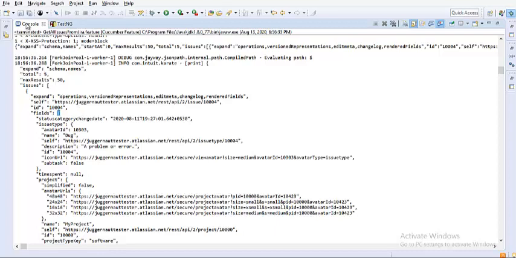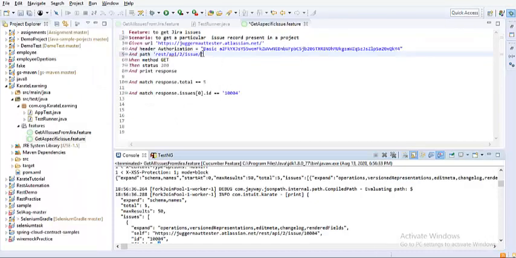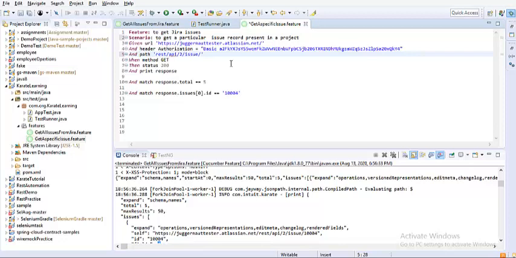So let's use the ID value to get a particular record: 10004. I wanted to get the values present for this particular bug. It is again a get call, so whenever you are doing a get call, you are expected to see status code 200.